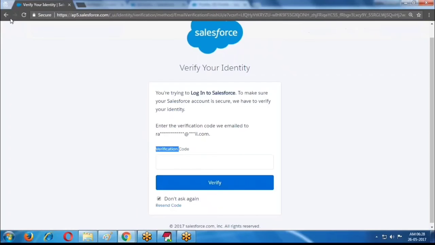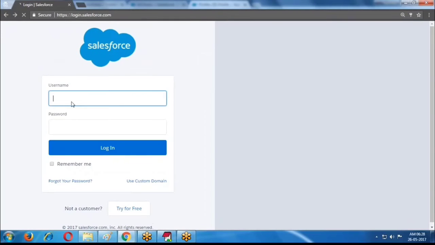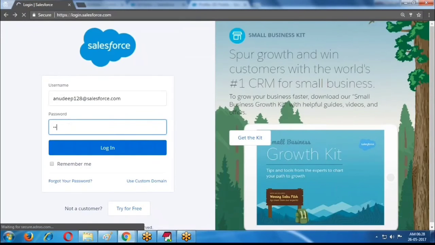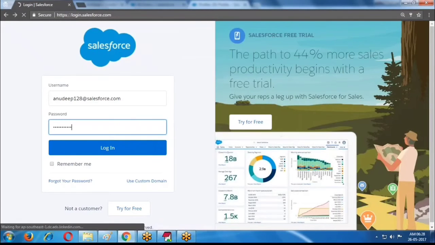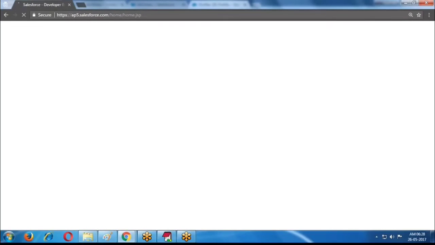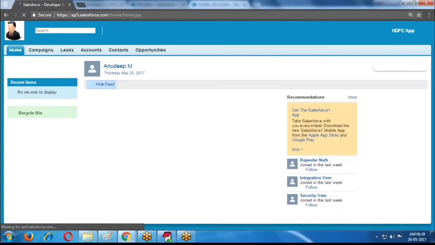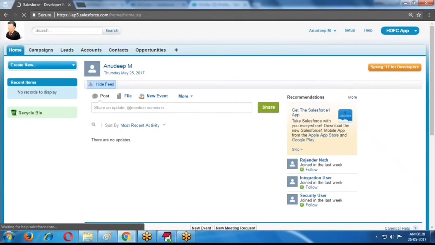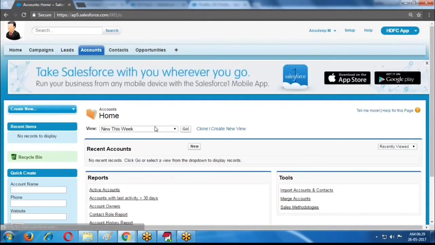So once again I entered the username and password. This time I am not providing any verification code, and it is not required. Directly it is allowing, so there is no security. If you know the username and password, it opens automatically. Previously, it opened only if you provided the verification code. Now it is open even without the verification code, so there is no need to provide it here.